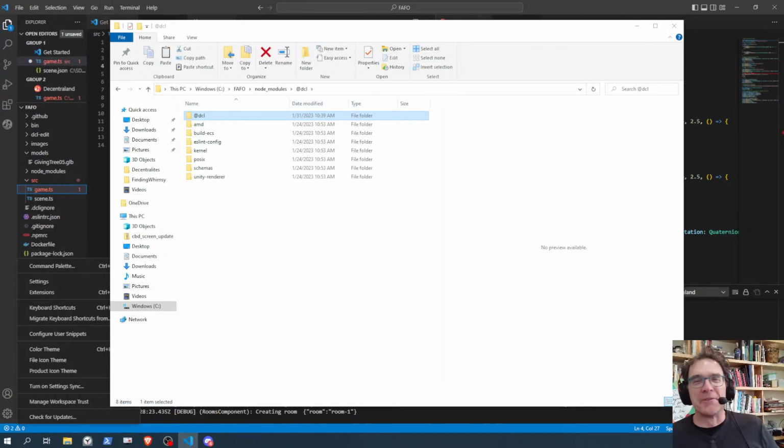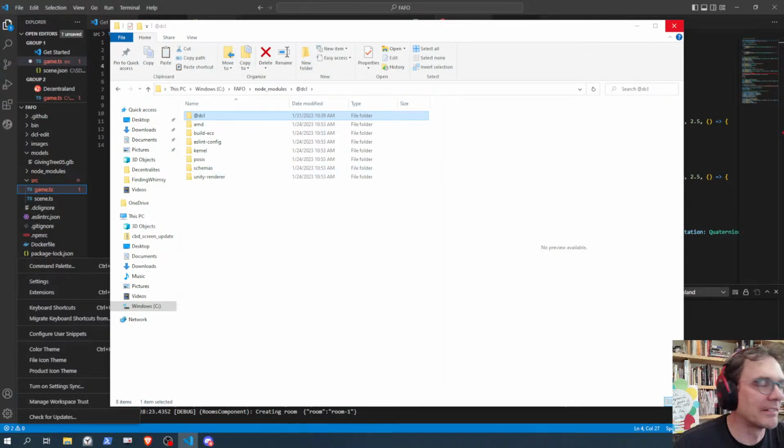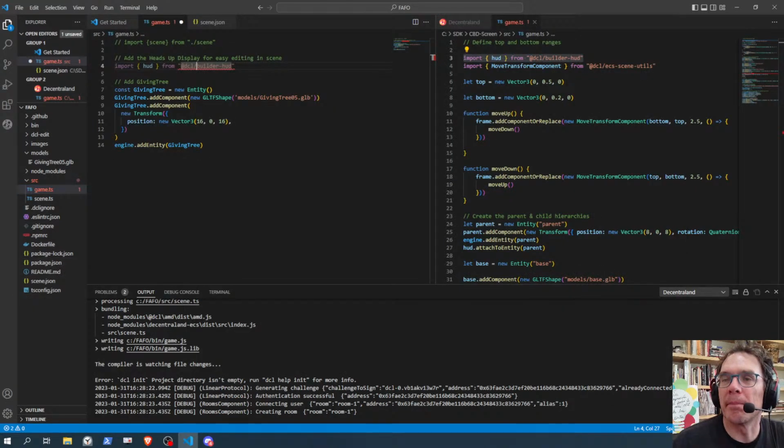Okay. Well, I'll tell you what I did. I went to dependencies. I hit the little plus mark here, and I just typed in at DCL slash builder dash HUD, whatever it was. And then it installed it, and then that error disappeared. Okay, hold on, man.